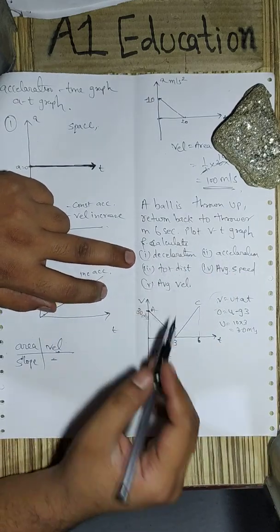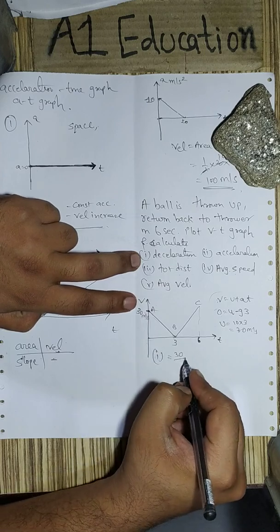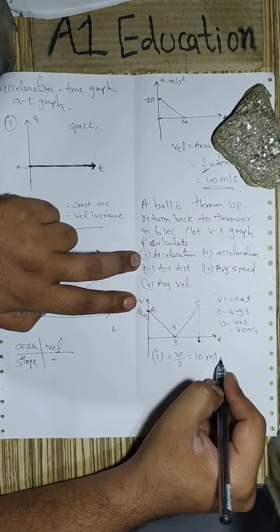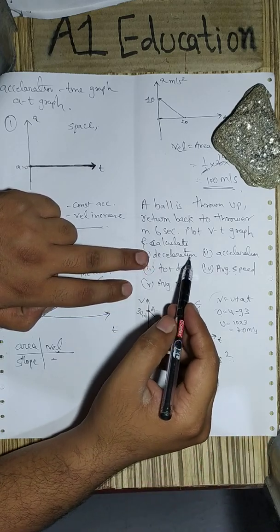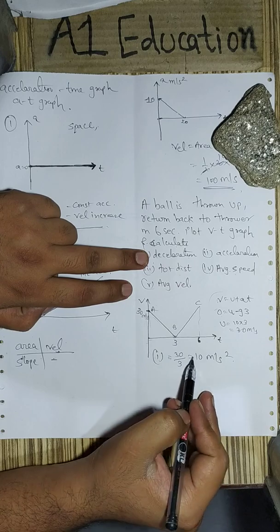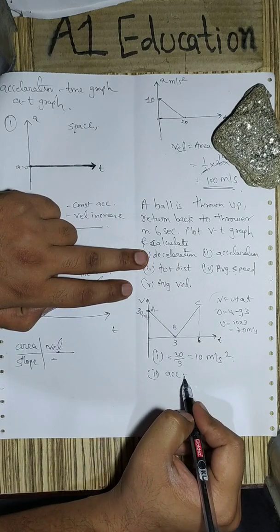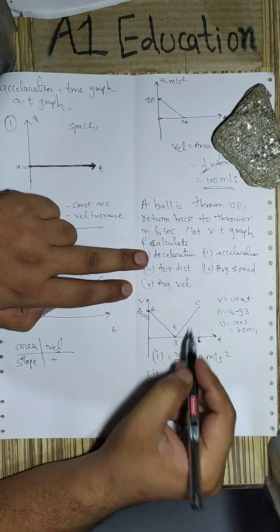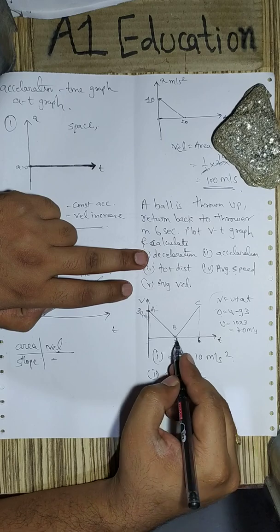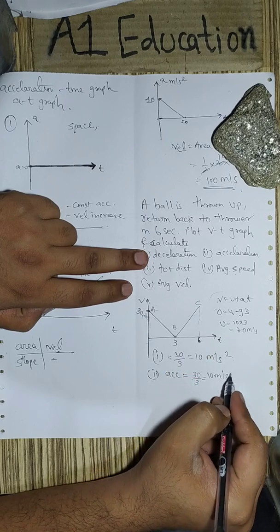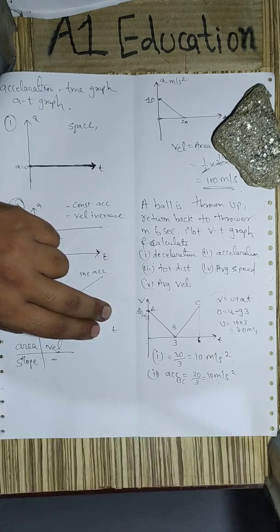Let us see this deceleration. Deceleration is perpendicular upon base. Perpendicular is 30, base is 3, so the deceleration will be 10 meters per second square. Since the word deceleration itself tells that the value is decreasing, we don't have to put the negative sign. The second part they have asked is acceleration. Acceleration means the positive part, this one. Again we calculate: perpendicular is 30, base is 3 to 6, so again 10 meters per second square. So acceleration is in the part BC and the value is 10 meters per second square.